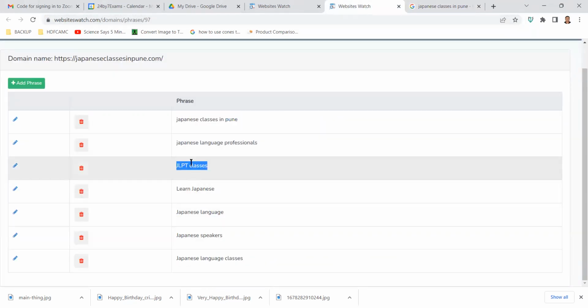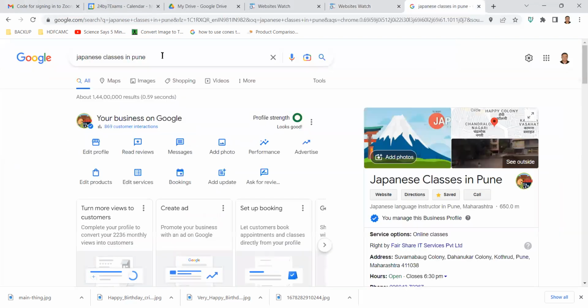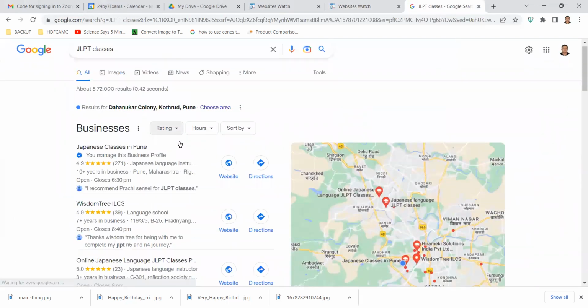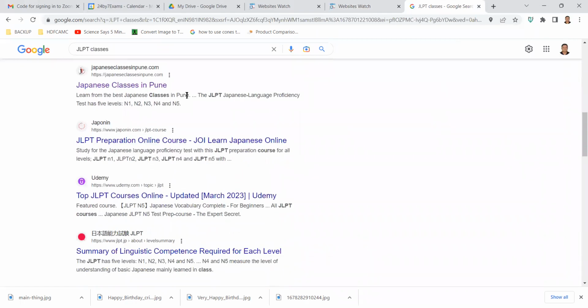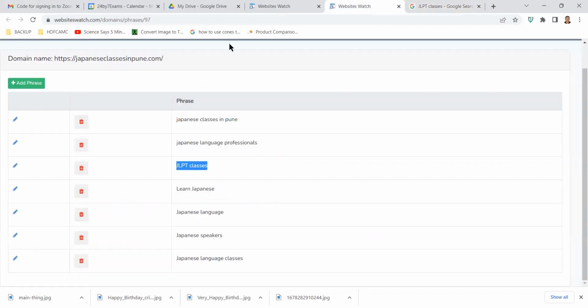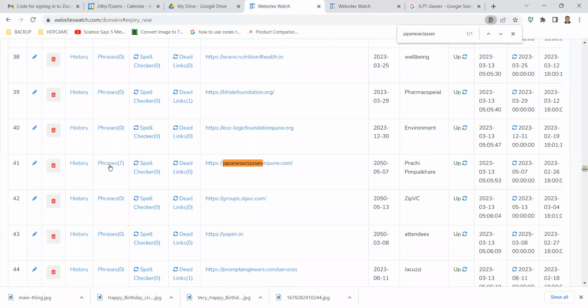If somebody searches for JLPT classes, for example, still Japanese classes in Pune.com is on the first page. We are trying to give this service to all our clients and all their websites, and this is an absolutely extra thing. In fact, we do not even disclose to our clients that we are able to do something like this for them. Now, why is it important to automatically check every day